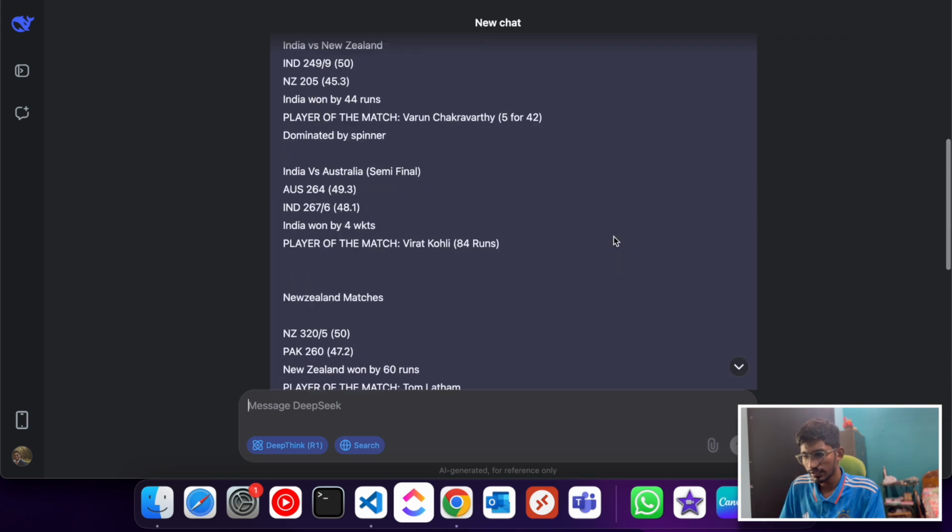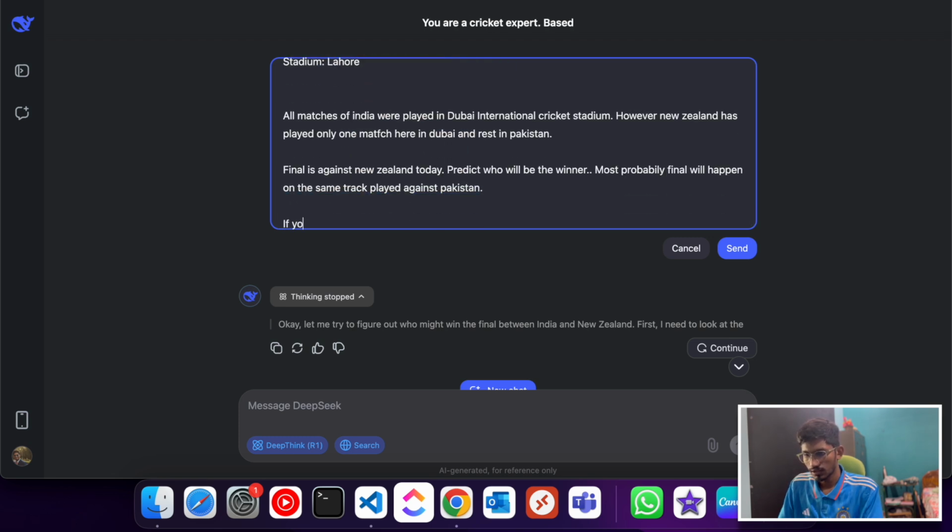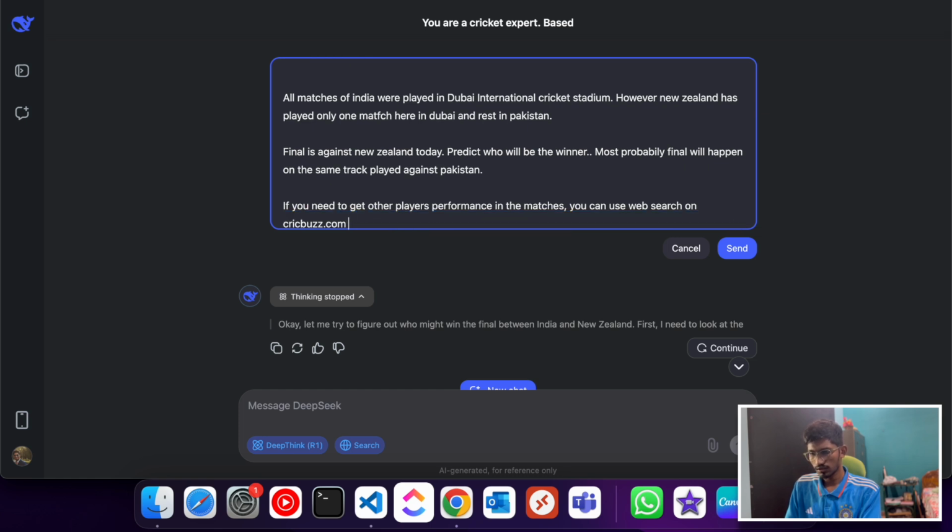Before that, let me tweak the prompt a little bit. If you need to get other players' performance in the matches, you can use web search on Cricbuzz.com or the ESPN website.